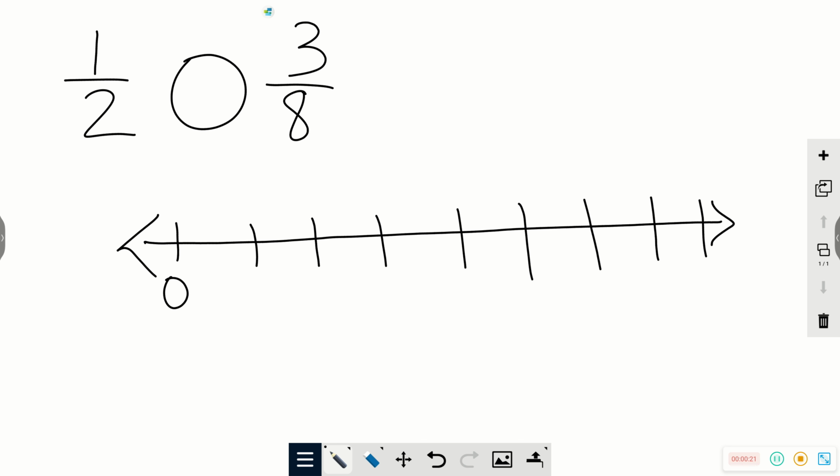The number line is already partitioned into parts. So if they count the parts, meaning like 1, 2, 3, 4, 5, 6, 7, 8, they will realize that it is already partitioned into eighths, which means our fraction of 3/8 is not going to change. We need to see what we can do to 1/2 in order to turn that into a fraction that has